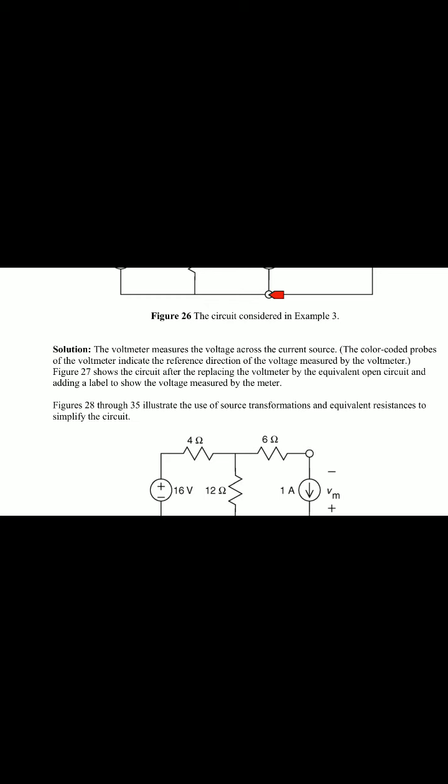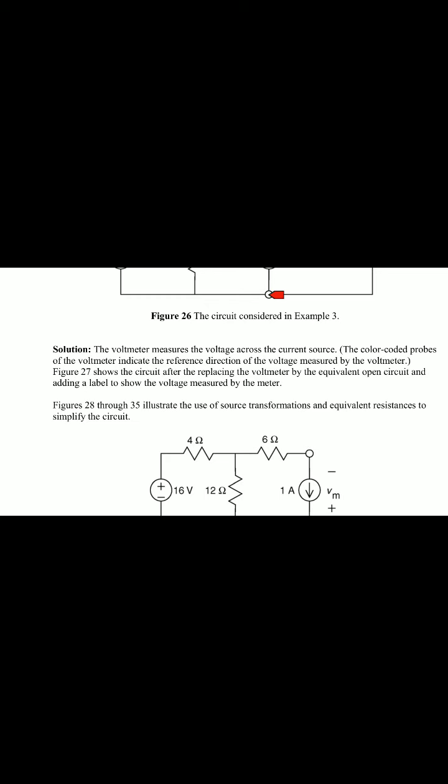Figure 27 shows the circuit after replacing the voltmeter by an equivalent open circuit and adding a label to show the voltage measured by the meter. Here, figures 28 through 35